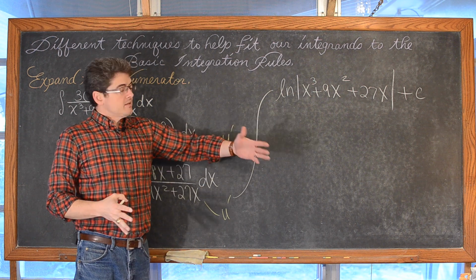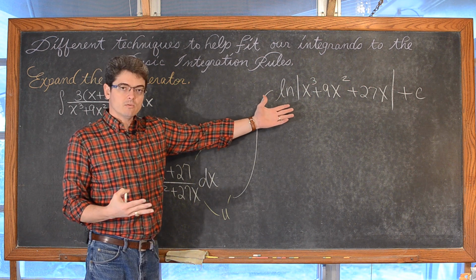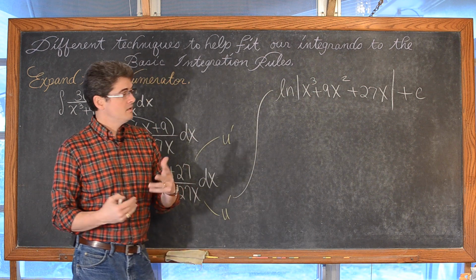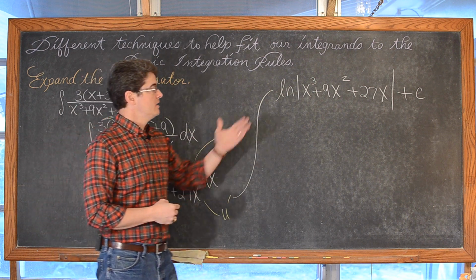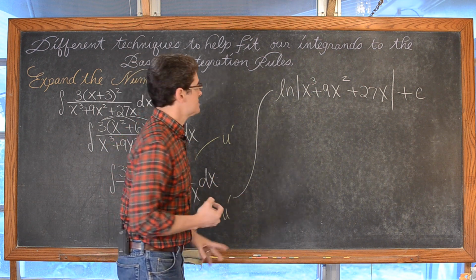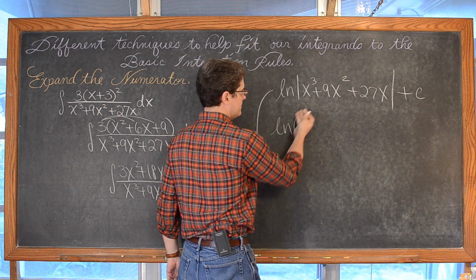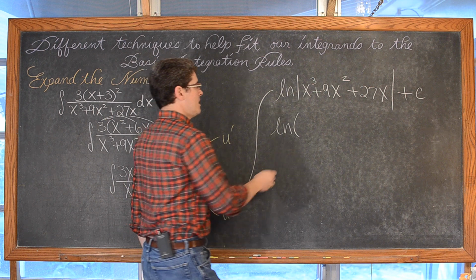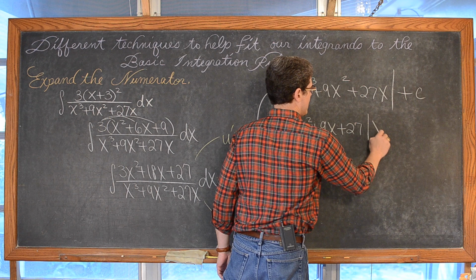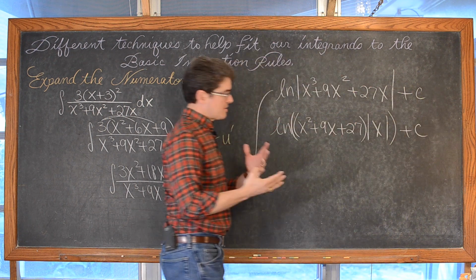And that's perfectly fine, and that's perfect for the AP exam, or very possibly your teacher. But if you look in the back of the book, this might not be the answer that you see. If you're checking your work with a CAS calculator, this is not what it's going to look like, or at least it is not what it looked like on my Inspire CAS. So what I did see was the natural log of, now I just got rid of the absolute value symbols, x squared plus 9x plus 27 times the absolute value of x, plus c, or something to that effect.